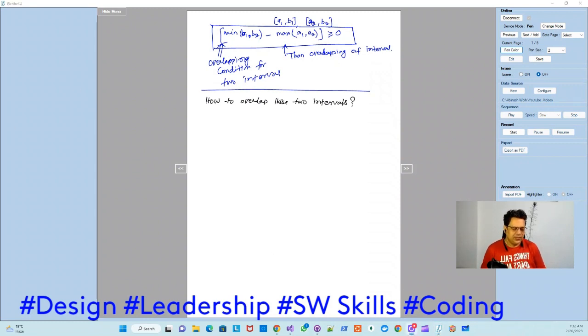So how to merge these overlapping intervals, these two overlapped intervals. For that purpose, for example, how do you do it? Suppose you have a1 and b1, this is one interval, and another interval is a2 and b2. Now if you want to merge them, step one is to